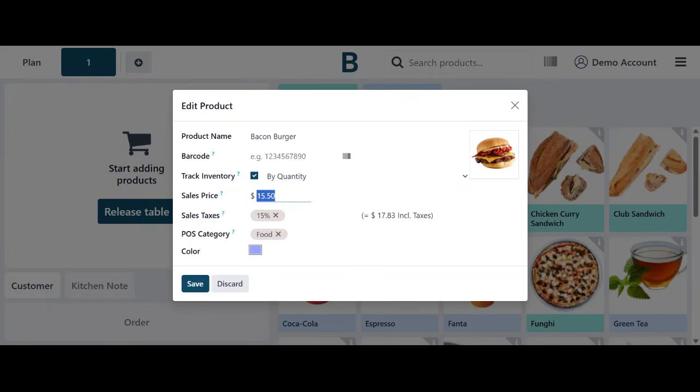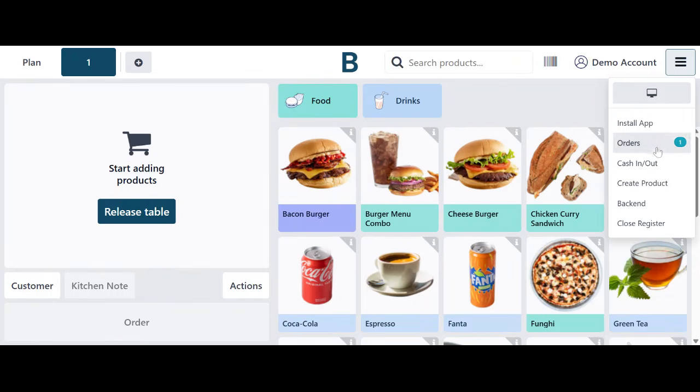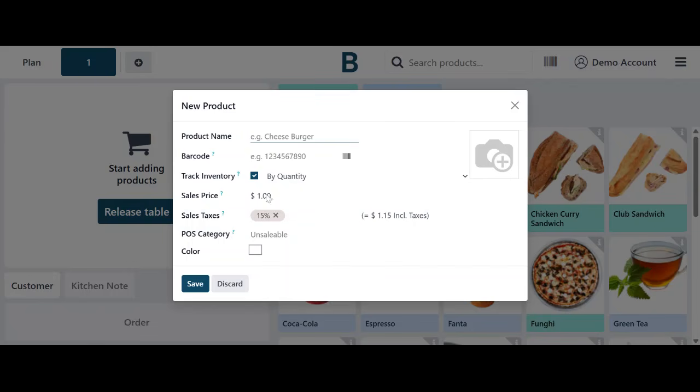And then we have where we can set the selling price if it has changed, if we have VAT, and then the category and the color and also the image. So I can also manage products just from the front end, just like this. When I click just here and I go to create product, then I can also create a product. If it is no longer here, but I would want to sell it and have that right, I can always just add it from the front end instead of going back to the back end, adding it and coming back to the point of sale app front end. So that is how you can manage products from both the back end and from the